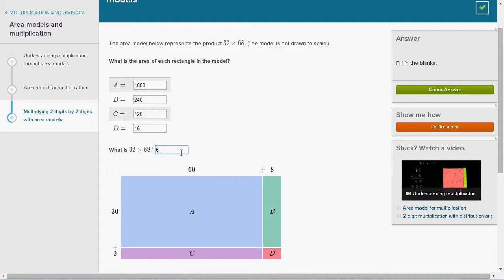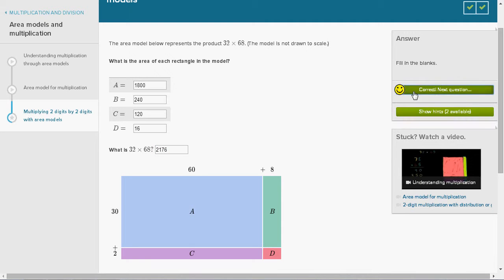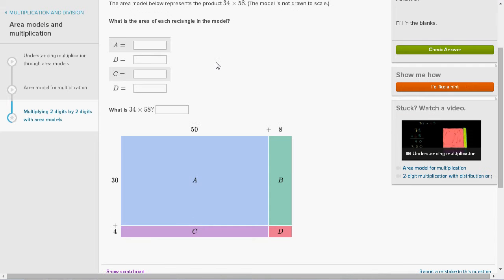All of the play buttons are like videos, so you can watch videos, and all of the star buttons are activities.